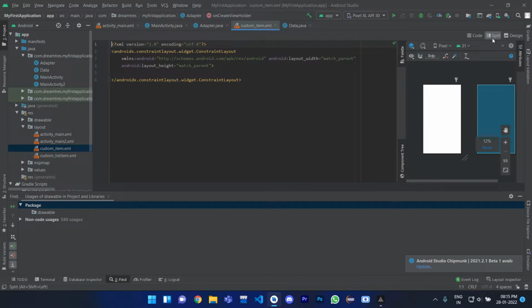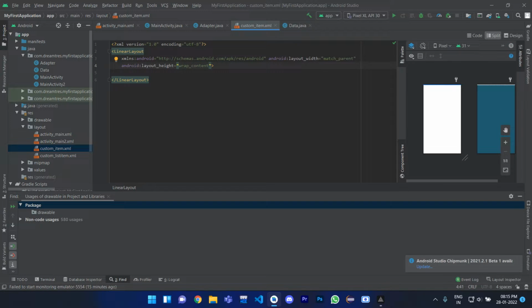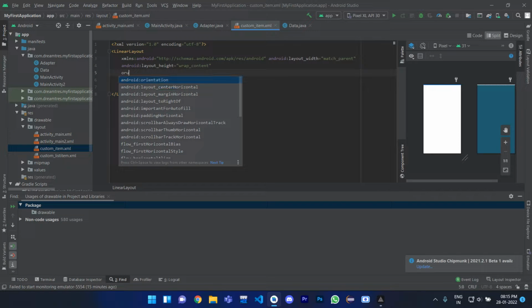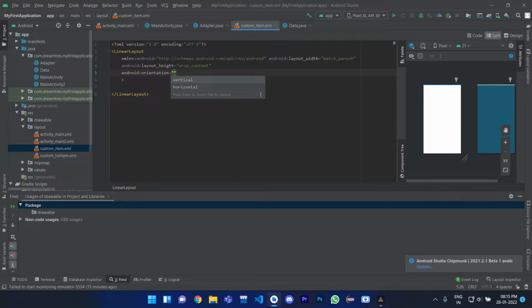Okay, then here it is, a simple layout. Don't worry, don't need to panic. Simply here I am assigning a linear layout, width match parent, and height must be wrap content because it has multiple items inside it, so the height needs to be wrap content, and set orientation to whatever you want. So in our case we want horizontal orientation, because we want